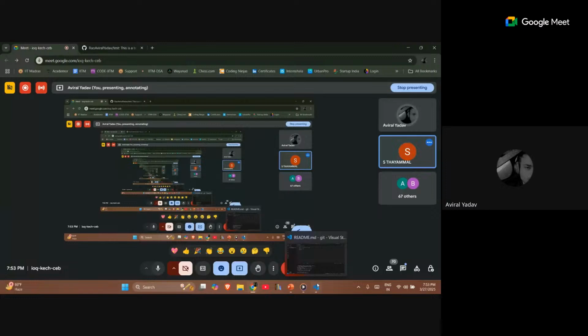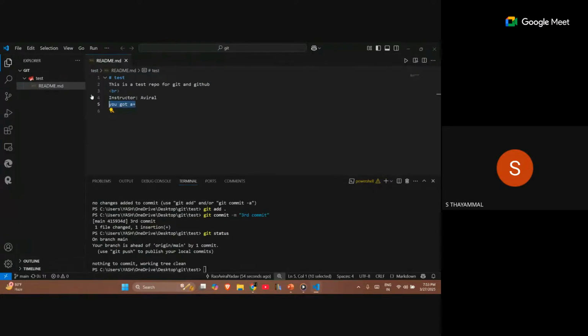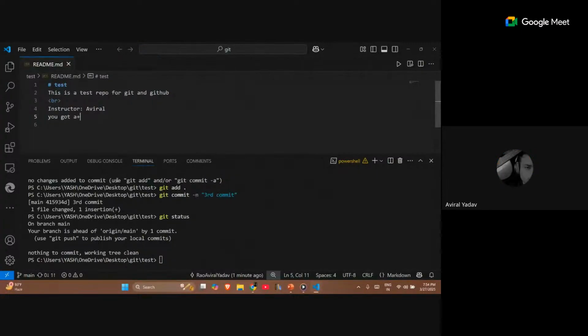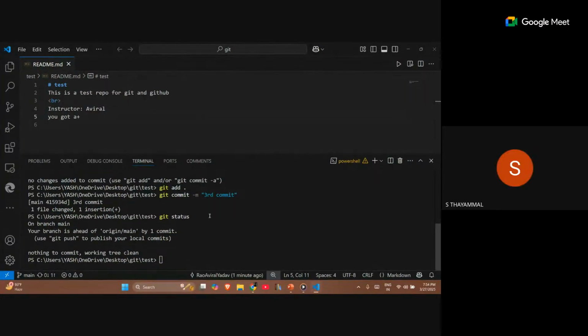That was because I modified changes. For example, this was my original file that was there in the README. I added this new line to it, due to which it got modified, and that's why this line came up. I modified the content in the VS Code environment. Yeah, I modified it in VS Code.